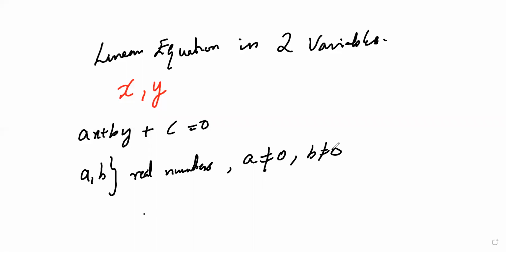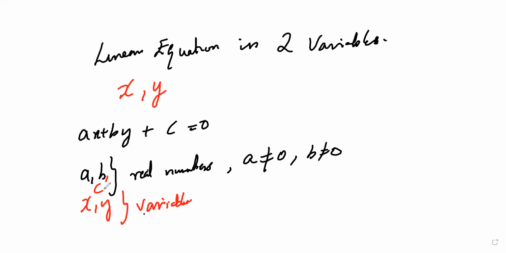Yes or no? And what are the variables here? The variables are x and y. Here I can include c also, because anyway it's a constant, so that is also a variable here. So now, pair of linear equations. That is the thing which you're going to study now.